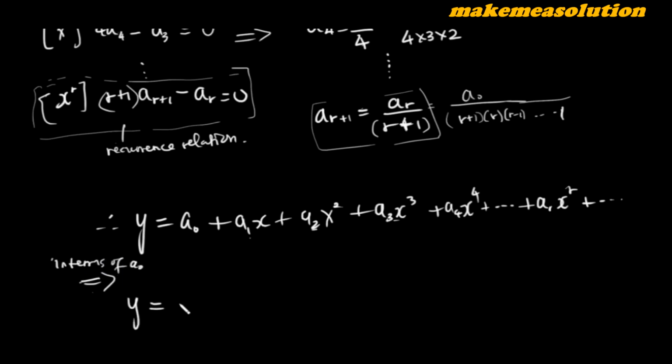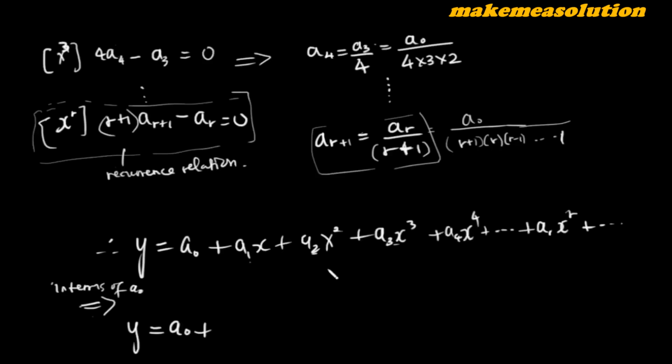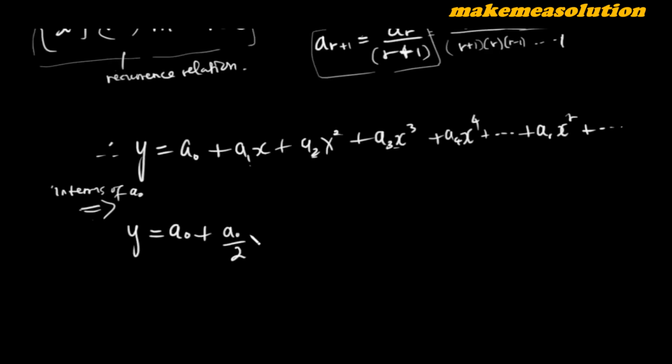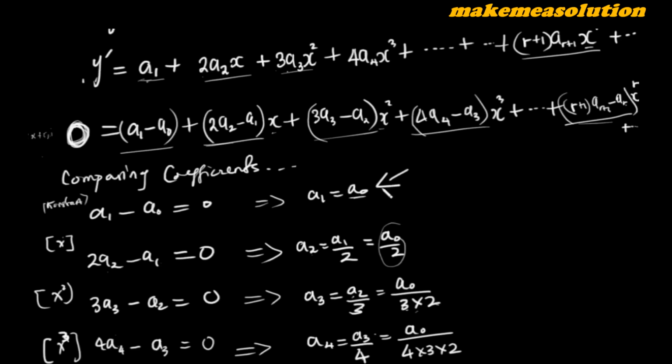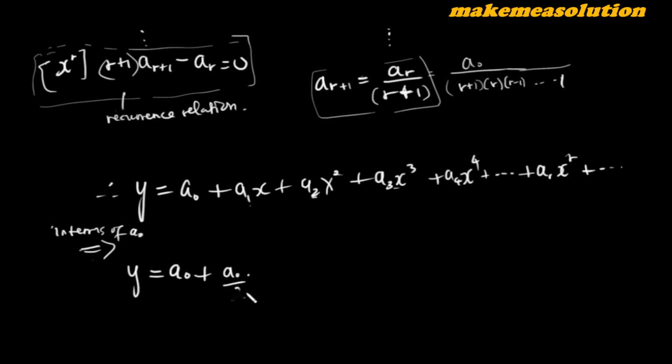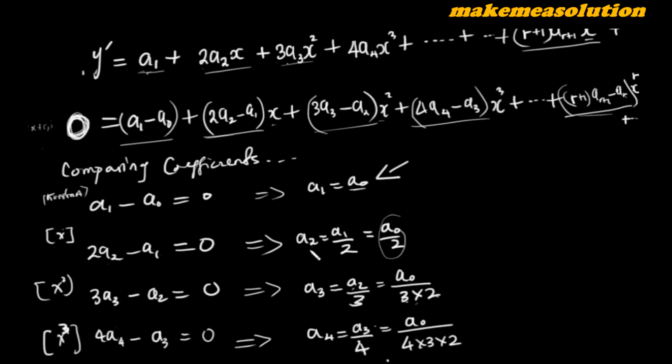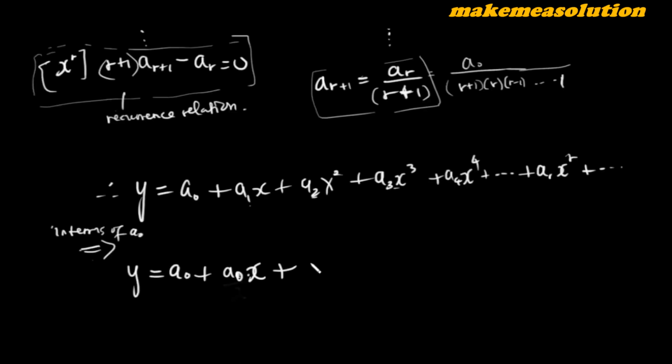you have your y is A naught plus A1. We got A1 as A naught over 2. You now have A1, oh sorry, A1 is A naught. I'm sorry about that. So A1 is A naught, A1 is A naught of x. Then A2, this is where it comes. A2 is A naught over 2. So A2 is A naught over 2x